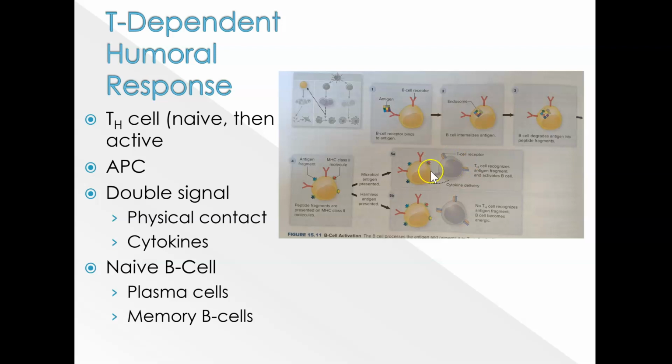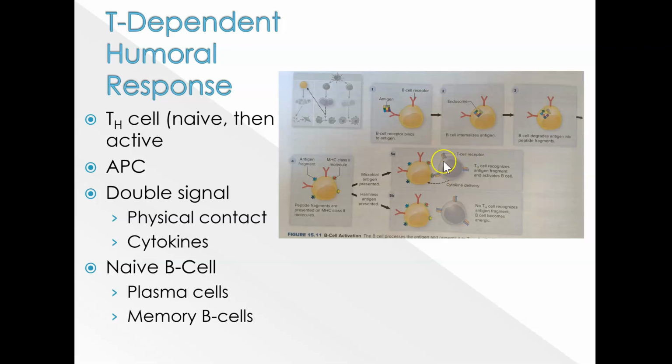So the helper T cell is going to recognize that specific antigen. So again, we not only have 1 in a billion B cell recognizing that antigen, we also have that 1 in a billion T cell that's going to recognize it also. So this is why we talk about having that high specificity for our immune response, because it has to have a perfect match for a B cell and a perfect match for its T cell. And if that happens,